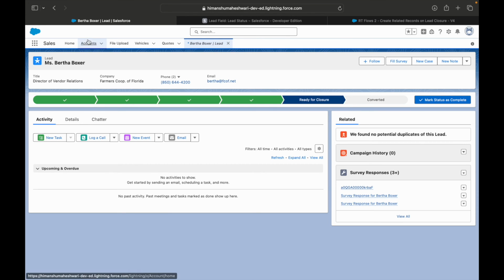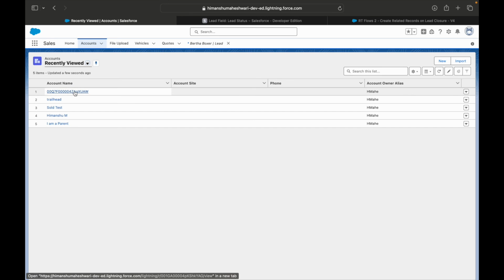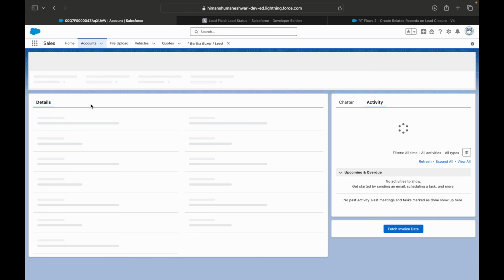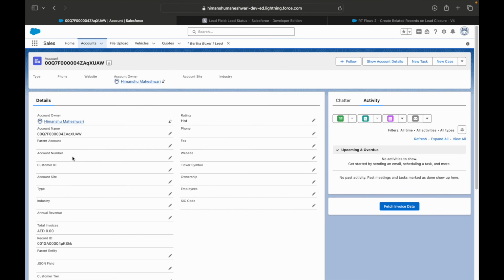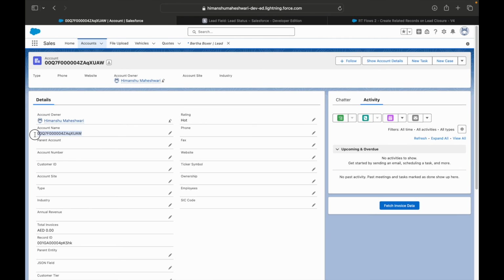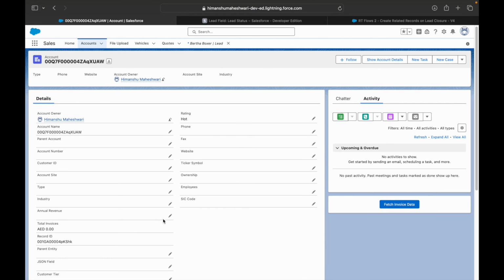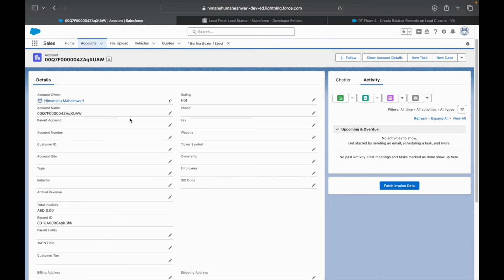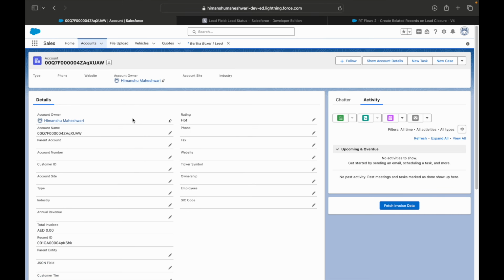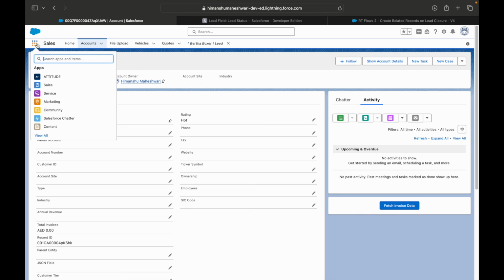closure. But if we were to take a look at the account, you see that one account has been created with a record ID name, and this is the one that we created, right? So this is the record ID that has been set, and I believe the rating is set to hot, right? See, the rating is set to hot. Does it have a related contact to it? Let's take a look. If we go to contacts, there should be a contact created,